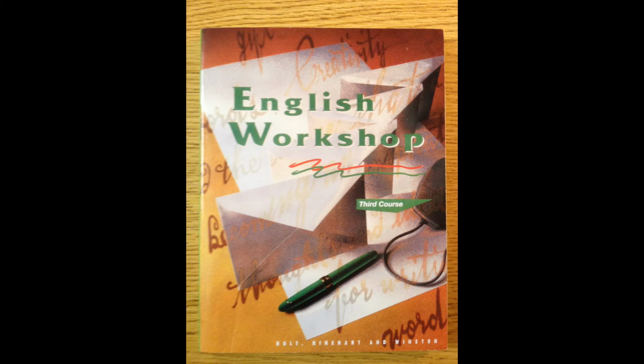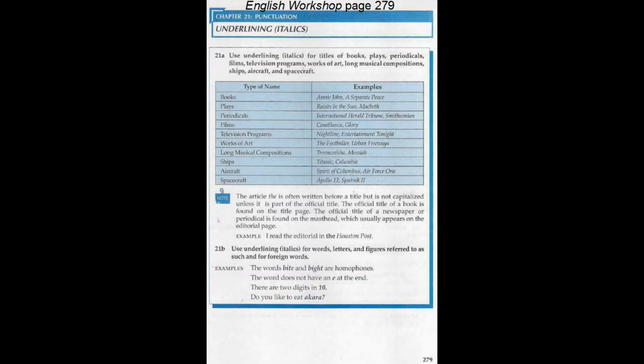I'll let you get out your supplies, your books, your writing utensils, and I'll wait just a moment until you're set and ready, okay? Okay, now that you have your book out, I need you to turn to page 279, and you'll read at the top, underlining, italics. And once you get to that page, we'll get started. If at any time during this video you need to pause the video so that you can work a little longer or so that you can get out your supplies a little longer, you may do that. But it's completely up to you since you're listening on earbuds, and so you work this the way that you learn best, all right?